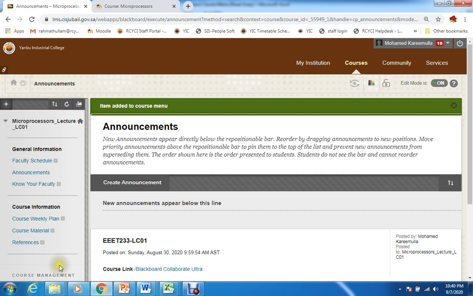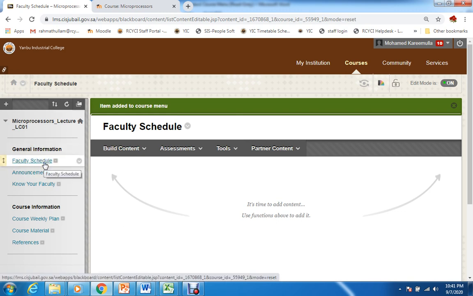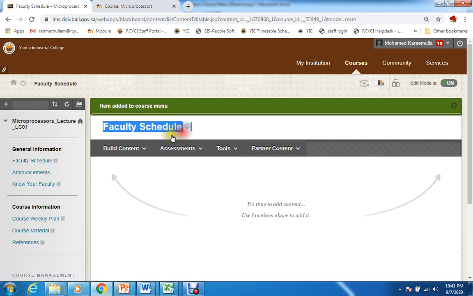Next step is you need to upload the data into these links. So I'm just telling you in very simple terminology, uploading the data. Okay, let's say for example, first let us start with this faculty schedule. I want to upload faculty schedule. If you want to upload faculty schedule, select the faculty schedule, click. Then when you click it here, now you are here in the faculty schedule. But in the faculty schedule, now you have to put whatever you want to put it here. So this area is now empty. If you want to put something, you can put it here.